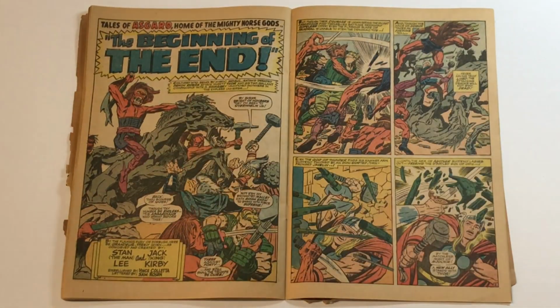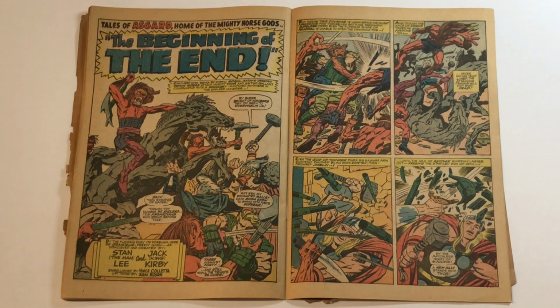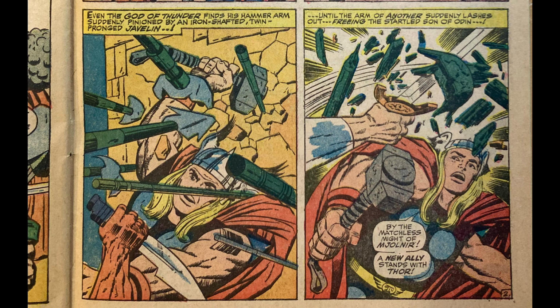And now we have the beginning of the end, the penultimate Tales of Asgard story. Next issue is the Tales of Asgard finale, and look how beautiful this is. These demon riders on demon horses fighting Thor and his friends. The battle's just raging. Again, Kirby's cosmic comic book combat has just grown into completely its own thing by this